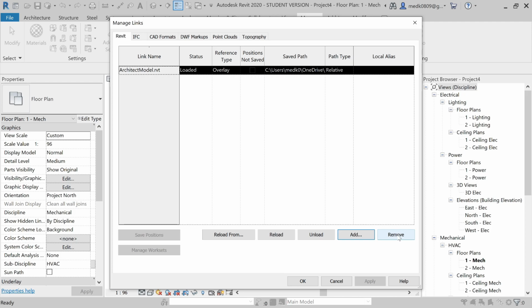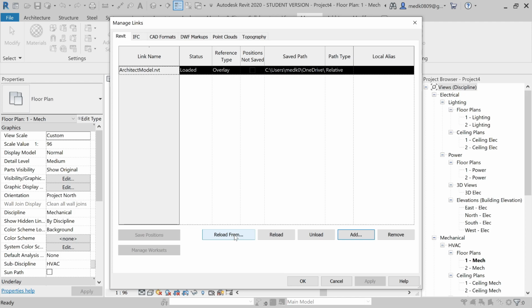If you want to remove this model from the project, you can remove it from here. If you want to add one more model, you can add it here. If you want to unload it, you can unload this file. If you want to reload, you can reload it in this Revit project. And next we have Reload From. Here you can specify the location from where you need to pick the Revit model.